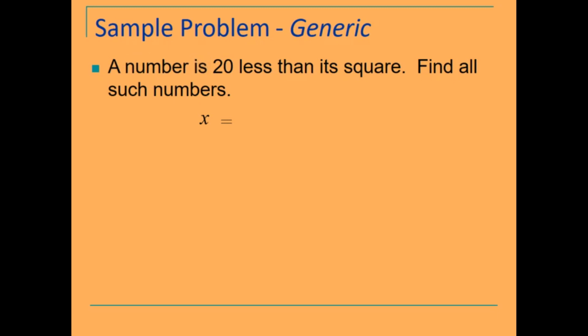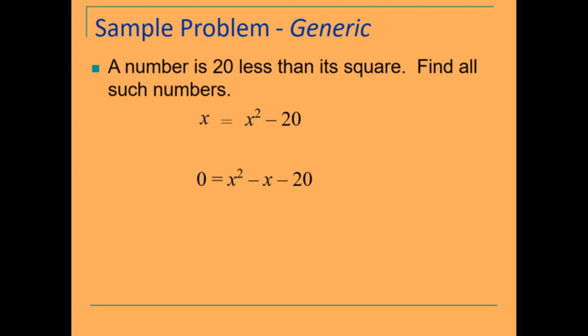And then the next quantity is stated as 20 less than its square. The square of a number, which we represented as x, will be x squared, and then we want 20 less than that. This has generated a quadratic equation that, to solve, we need to put in standard form, which means we want a 0 on one side and the rest of the terms on the other. Probably the easiest would be to subtract an x from each side, and rearranging in decreasing powers of our variable,